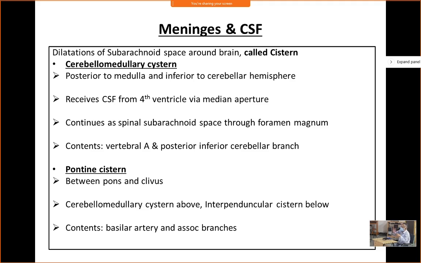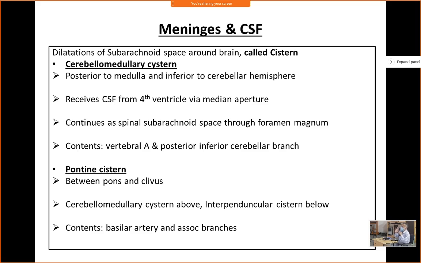At certain regions we will find these cisterns. The cerebellomedullary cistern: the name is telling you, that means it is between the cerebellum and medulla. There is a space which is called the cerebellomedullary cistern. It is posterior to the medulla and inferior to the cerebellar hemisphere. Suppose this is the medulla oblongata, this is the cerebellar hemisphere. So posterior to the medulla and inferior to the cerebellum, this is called